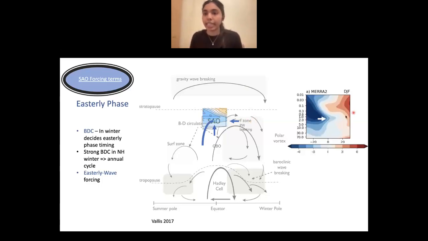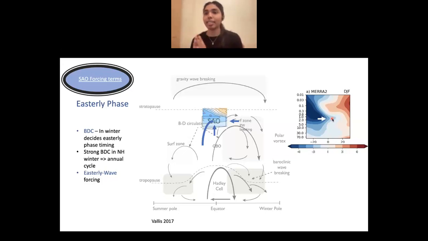If we look at a composite plot of the U wind in the DJF time, you can see that in the summer hemisphere, it is mostly easterly winds, and the winter hemisphere mostly has westerly winds. And what happens is that when the Brewer-Dobson circulation occurs, it advects the easterly winds in the summer hemisphere through the equator to the winter hemisphere, and this gives the easterly forcing for the easterly phase